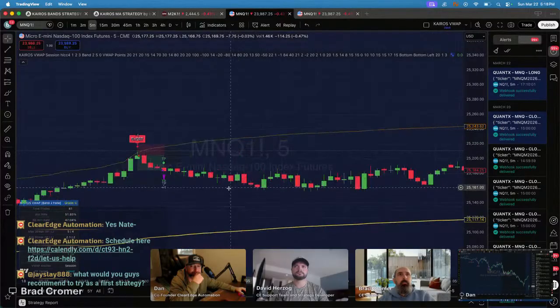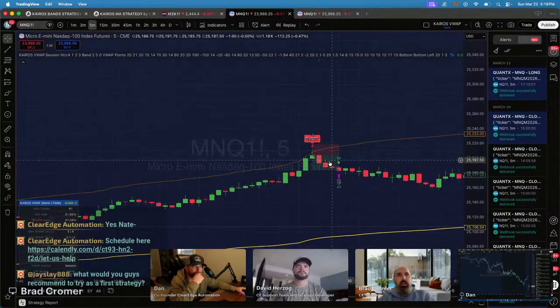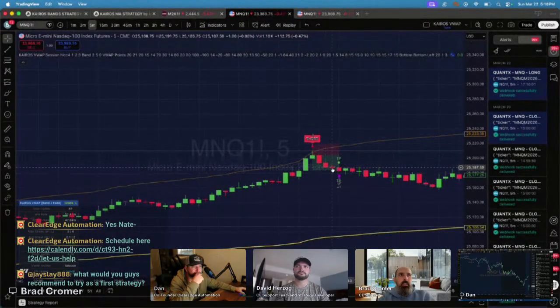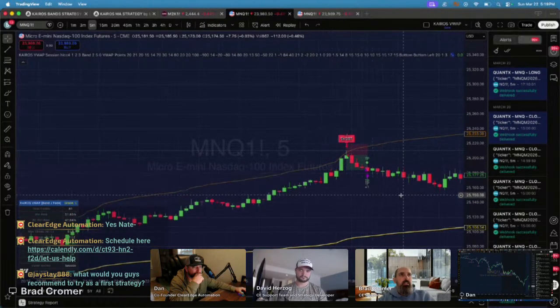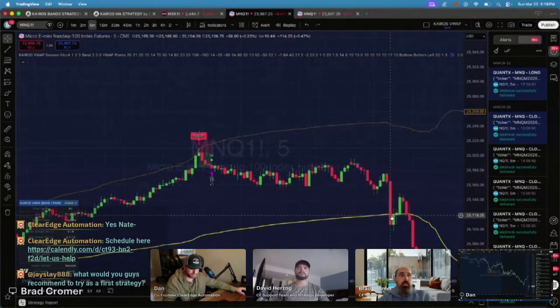There it goes. Okay. But you see here, basically, it wicked above and the other confluences were met, which are the same kind of confluences that are in the bands. And then I had the profit target, which I think is about 20 points is what I have set. But if you want to set it to come back to VWAP to be your target, or maybe you had 100 points, I mean, eventually this one did hit VWAP, and that would have been a